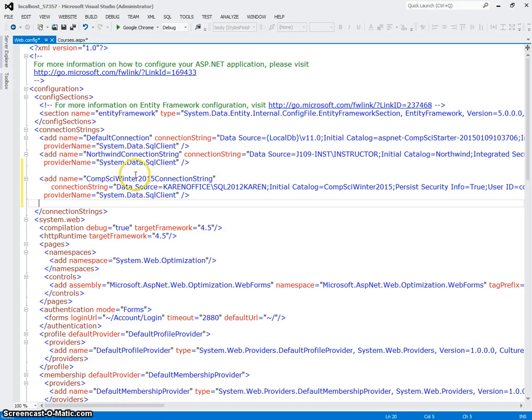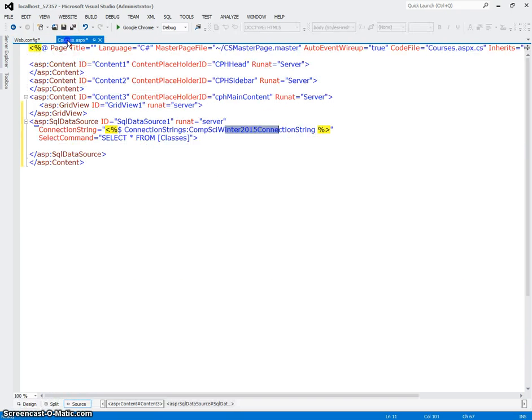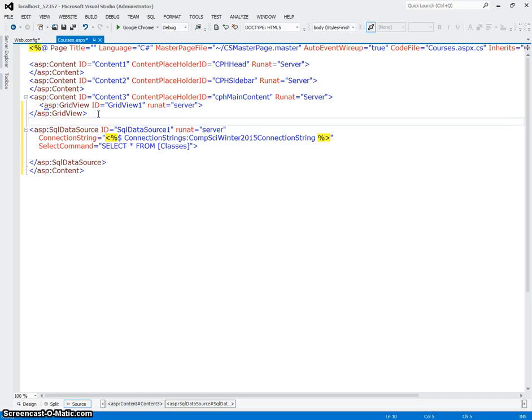So if I want to use it again, say in a middle tier or someplace else, I've already got a connection string. I've got a connection. So that's really handy. So in the source, this is what it looks like. And so now all I need to do is take this